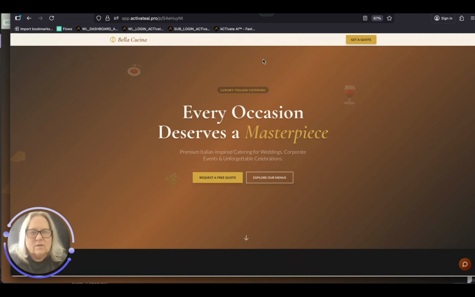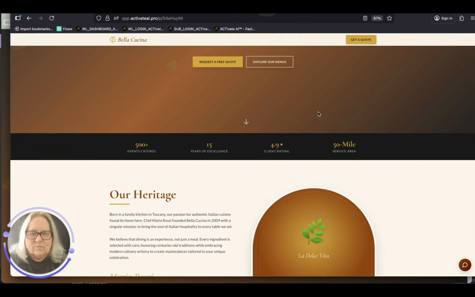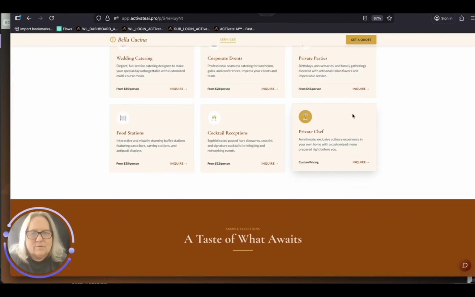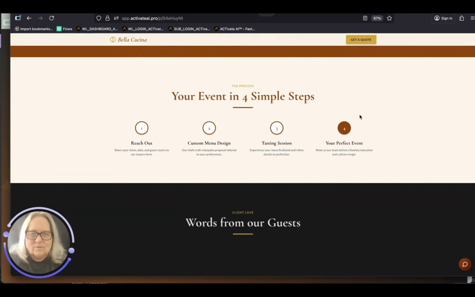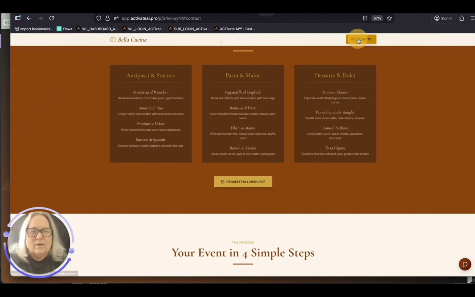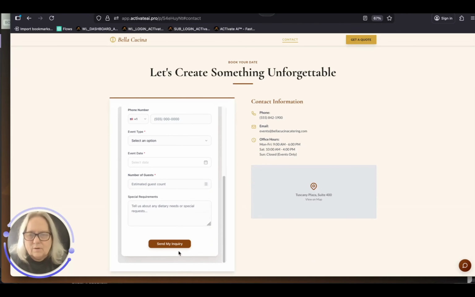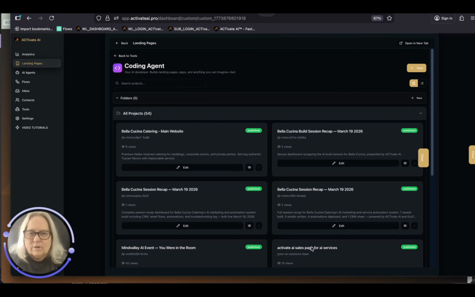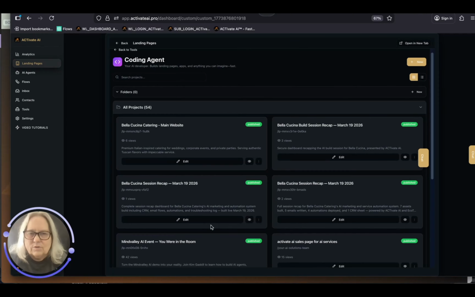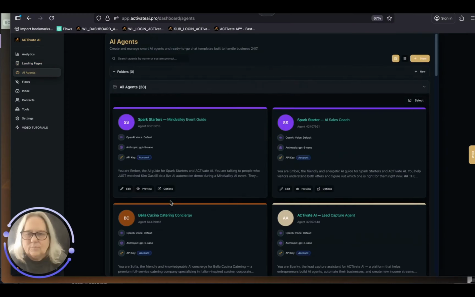And you'll see it's got several pages. Not bad for a first one prompt little thing, huh? And then if I go to get a quote, it takes me down to the form. They fill out the form. It automatically, when they send it, is going to submit to everything to my system over here. The agent right here,